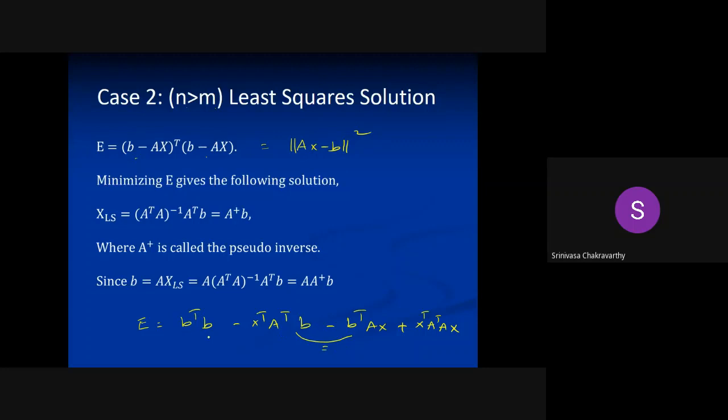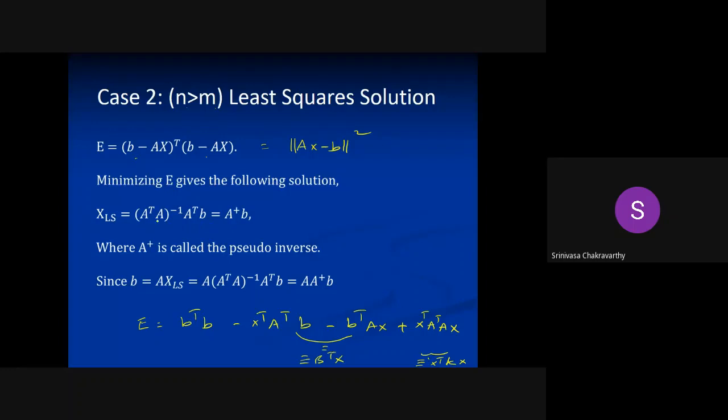This is a constant term. This will be of the form b transpose x, which we have seen before, and this is of the form x transpose K x, for some matrix K. So the derivative of this is straightforward. The derivative of this is simply b. The derivative of this, we have a half here, is just Kx. If you solve that by making the derivative equal to 0, you get this expression. You can easily derive this.